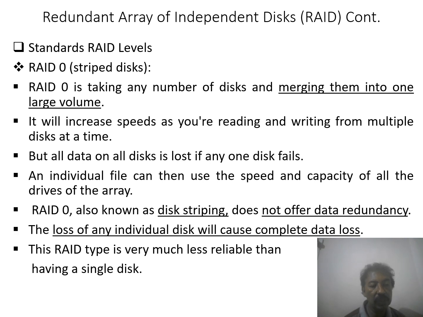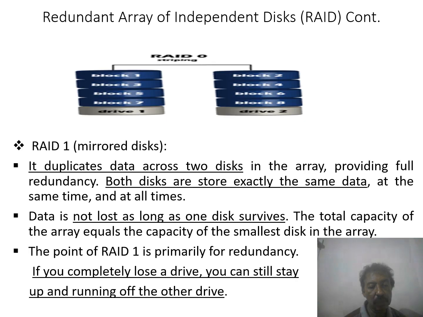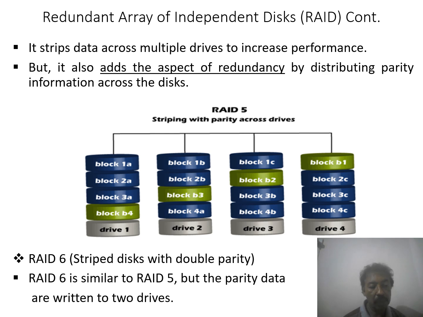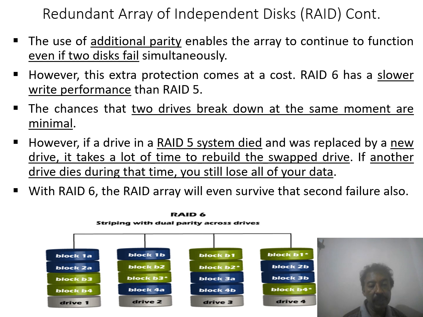Standard RAID levels: RAID 0, then RAID 1, 2, 3, in such a manner. So many RAID levels will be there. So RAID 1 is mirrored disks. Or the RAID 5 and everything. Therefore, actually RAID 5 means we are adding the features